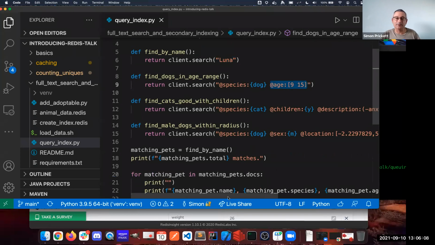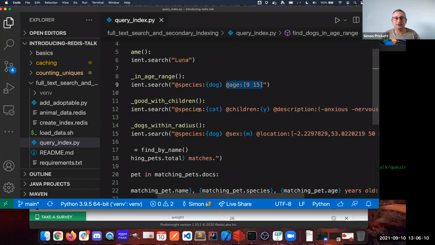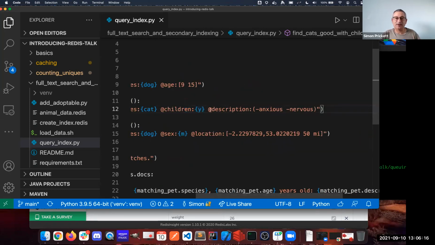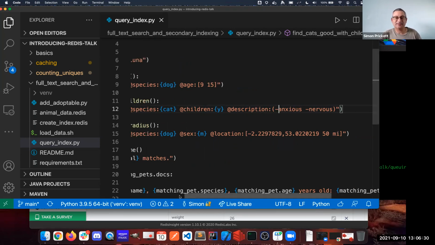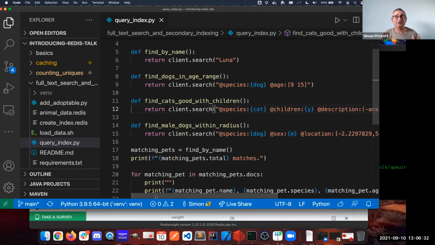And then we can get really complicated and do things like, I want all the cats where the children field is yes, so they're good with children. And this is where the overlap with Elasticsearch type products comes in. And the description does not contain the words anxious or nervous, because we want a cat that's super good with children and isn't going to get stressed. So we can now ask this data set all of these rich questions that in a normal key value data store you just wouldn't be able to access this way,